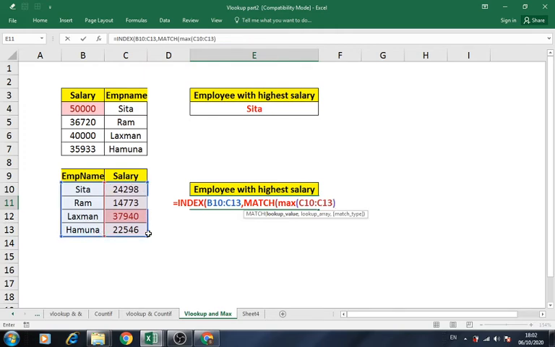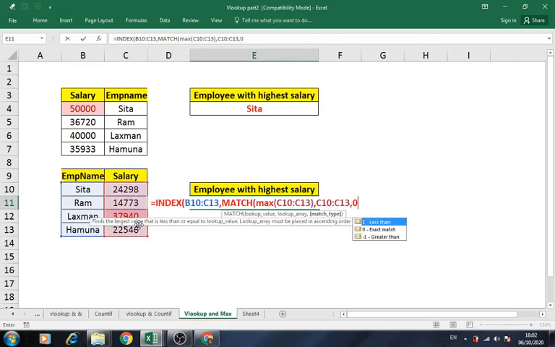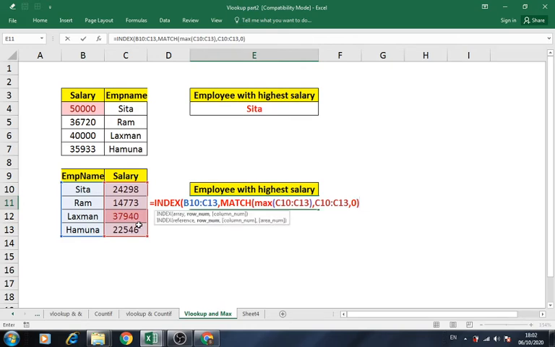I'm trying to find out the row number in this list again, and I want the exact match. So this match function should give me 1, 2, 3, 3 as output. The row number should be 3.